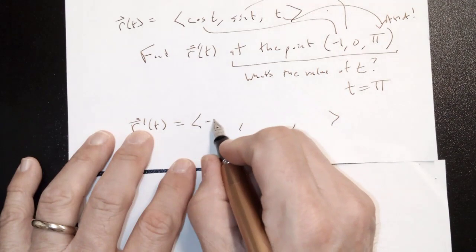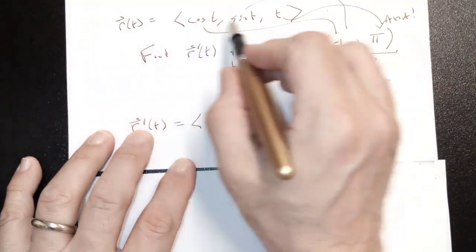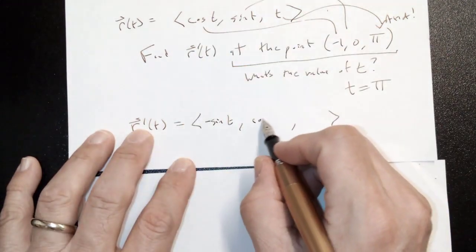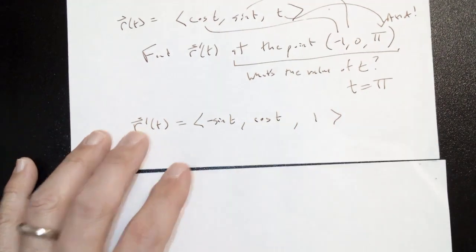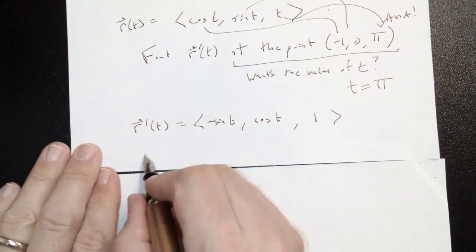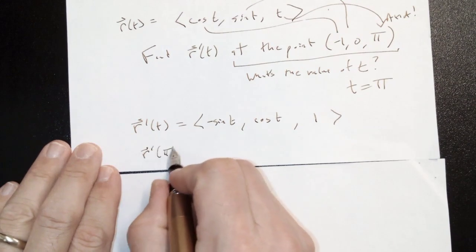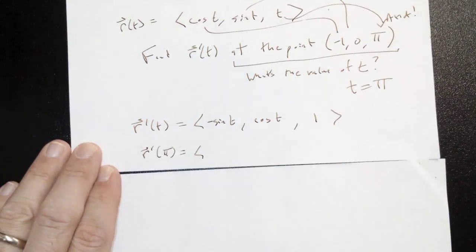Exactly. All I have to do is take the corresponding derivatives of each of the component functions. And so I can do r prime of pi, plug pi into those, and you get